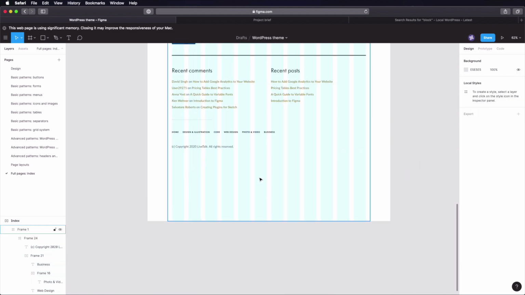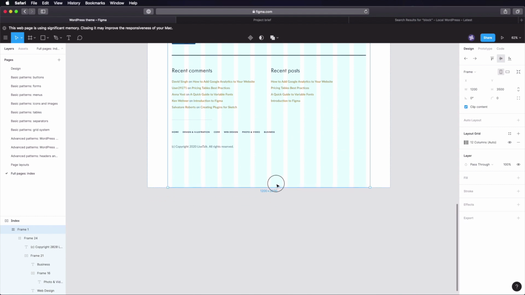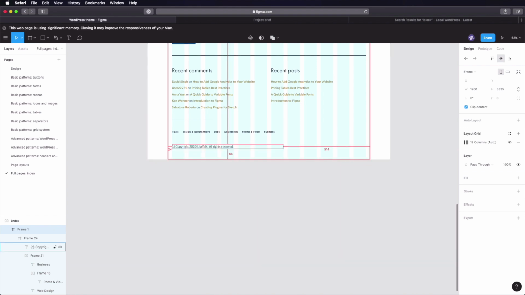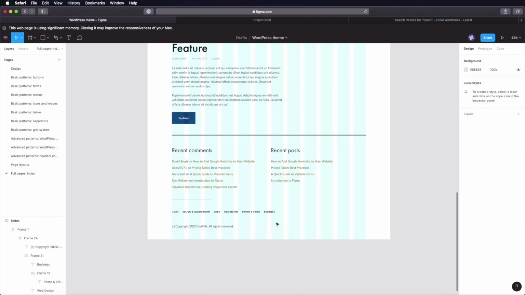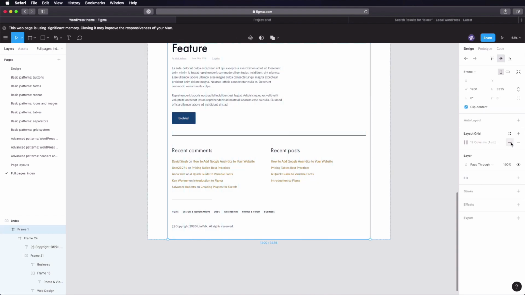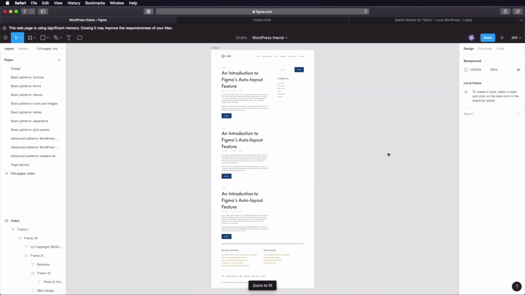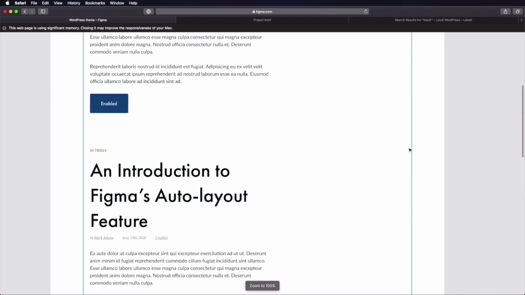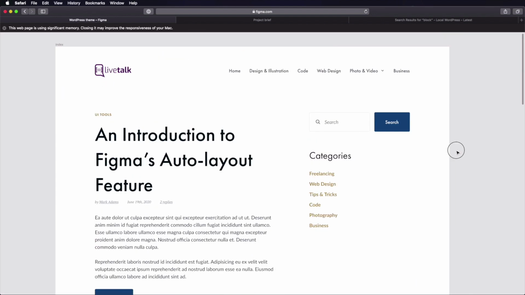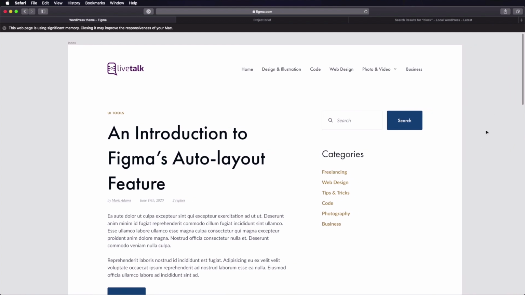Okay, and let's make sure we have 64 pixels of space here. Let's hide our columns, and here we go. This is our index page,